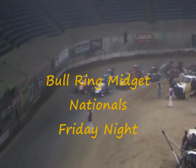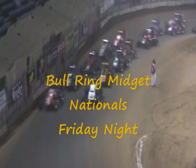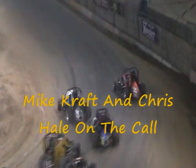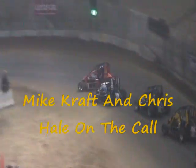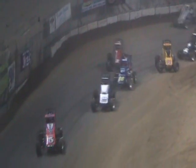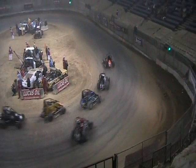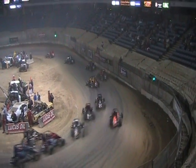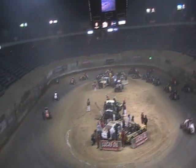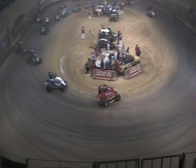Okay, we got the lights out again, and they're going to be coming around here to take the green flag. Once again, Clausen on the inside, Loyette outside. And that's Darlin right back there outside the second row. Looks like we may have the first lap in. We've got 21 cars on the starting grid, and Loyette is going to be the leader